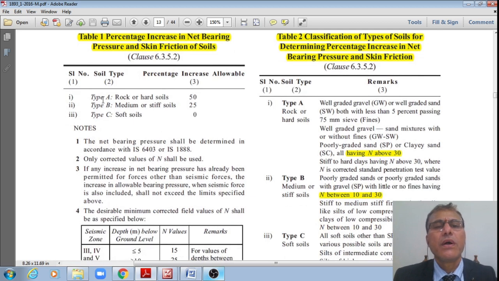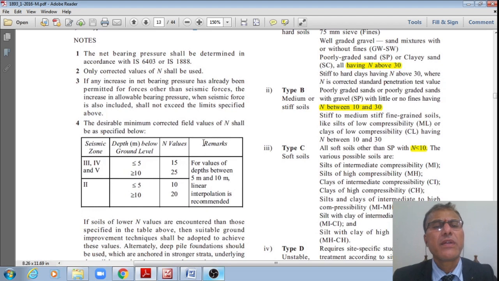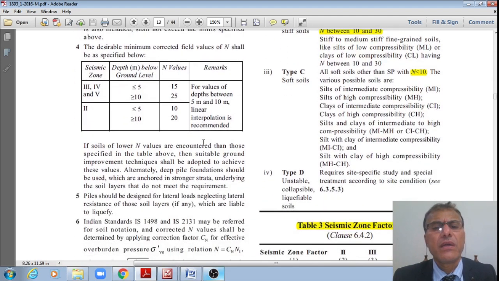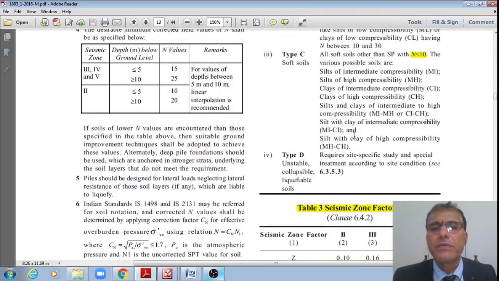Keeping in view type A, rock and hard soils, the percentage increase in allowable net bearing pressure is 50%, whereas for type B, medium or stiff soils, it is 25%, whereas for soft soils, as the code has already given in the previous specification, you cannot increase it like this. And the next discussion is on